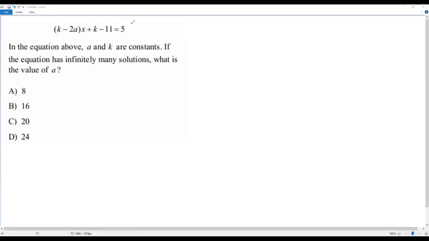Actually, it is a linear equation in one variable, that is x. The linear equation in one variable can also be called a simple equation. So this is a simple equation. Before we start solving this problem, let's understand the concept of having infinitely many solutions or no solution for